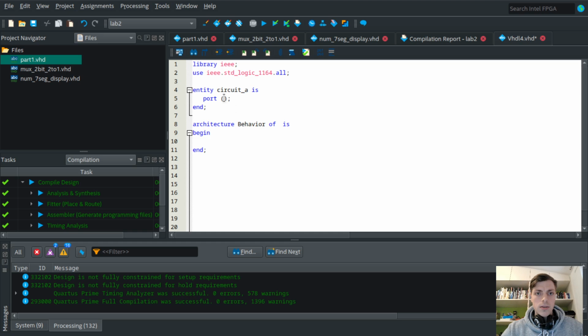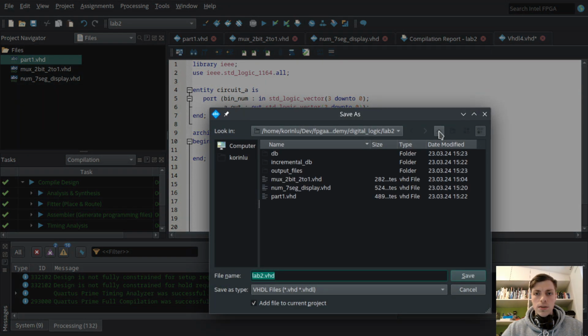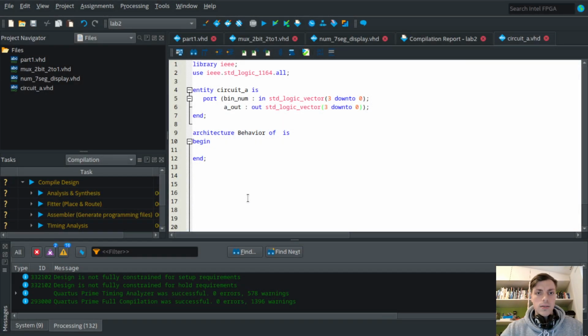and as input we will take binary number in, std_logic_vector, and it will be 3 down to 0. And as output, we will have, let's call it A out, std_logic_vector, and it will be the same as here. Let's save it as circuit A, and